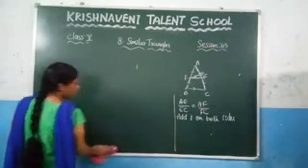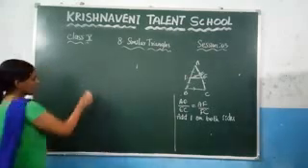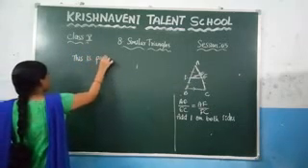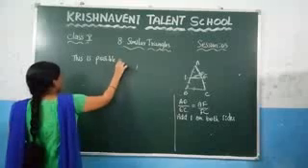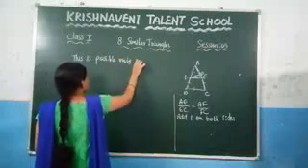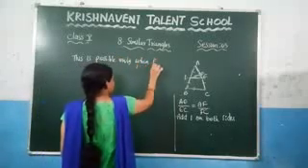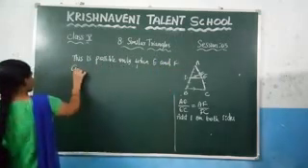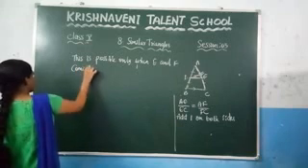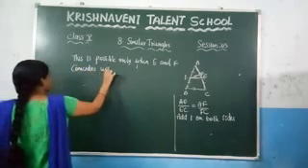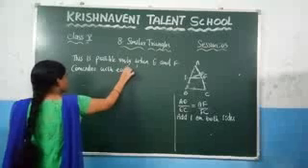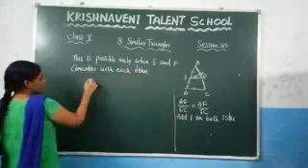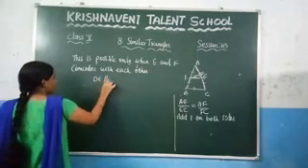When is it possible, E is equal to F? This is possible only when E and F coincide with each other. If E and F coincide with each other, then we can say that DE is parallel to BC, because